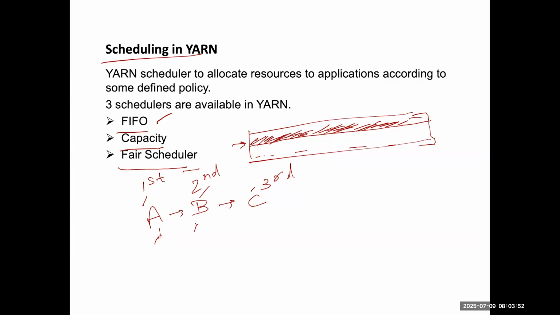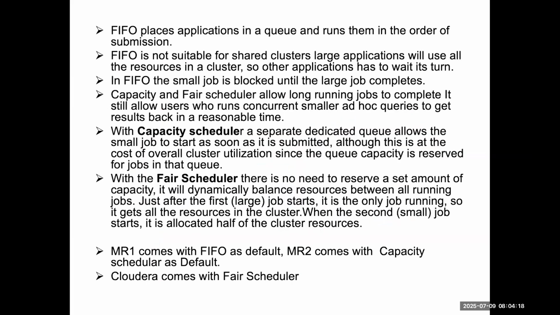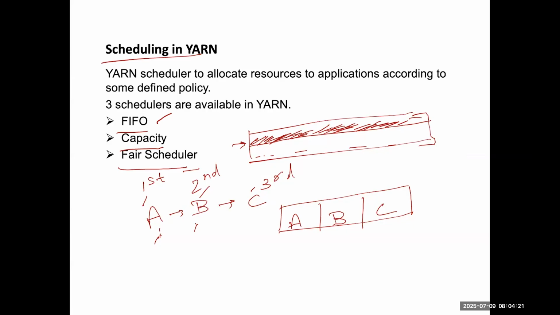Now in the fair scheduler, as the name suggests, it is fair scheduling. Let's suppose you have three jobs, A, B, and C, and you submitted them all at a time. Then I will divide the resource into three parts, and A will get this, B will get this, and C will get this, and all the jobs will run in parallel. That's why we call it the fair scheduler, because it fairly divides the resources. FIFO and fair are almost the same? No, how are FIFO and fair the same, right?